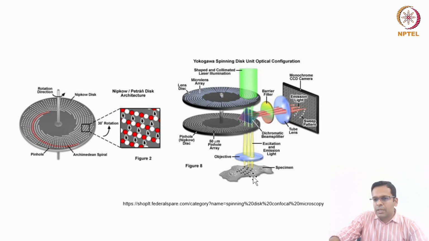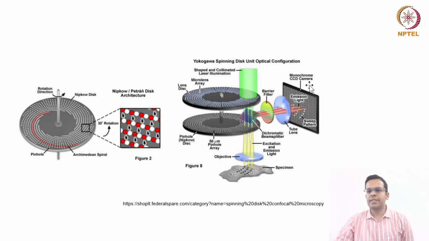The few points will emit fluorescence light that will be detected back by another disc. This is actually a pinhole disc. The emitted light will pass through this pinhole disc and be captured on the camera. Here it's a multi-point detection, so you cannot use the photomultiplier tube. If you are using the spinning disc confocal microscope, you have to go for a CCD camera because of the multi-point illumination. Multiple points cannot be detected by photomultiplier tubes, and you need a CCD camera, EMCCD or sCMOS camera.